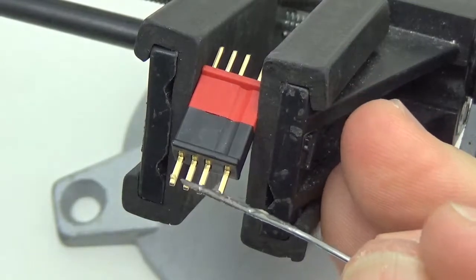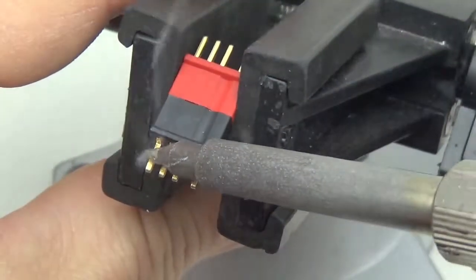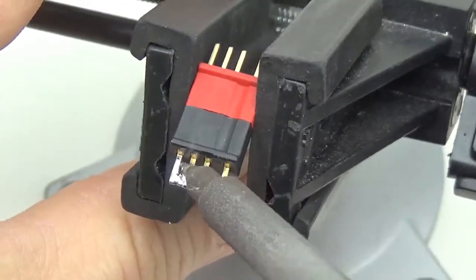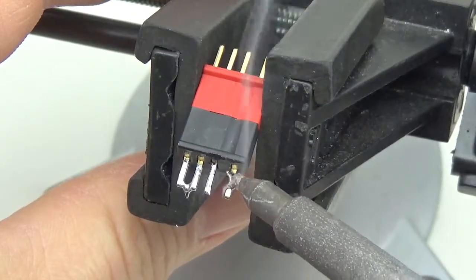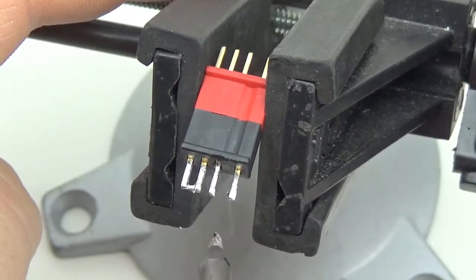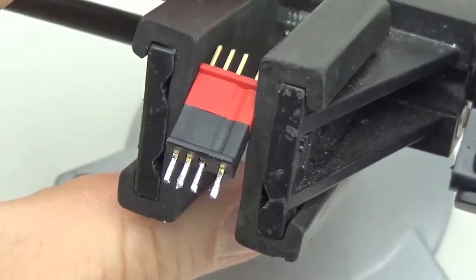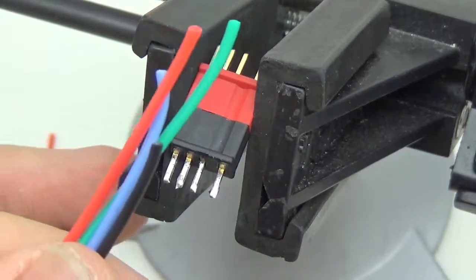So I'm just going to add a little bit of flux to the pins and then pre-tin them. See, I created a join there by accident. I'll just flick that away. Just take that away here. This one's giving me a hard time. There we are. Okay, so the pins are tinned, and now we need to get the ends ready on the